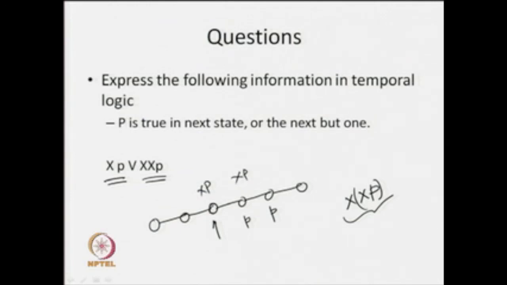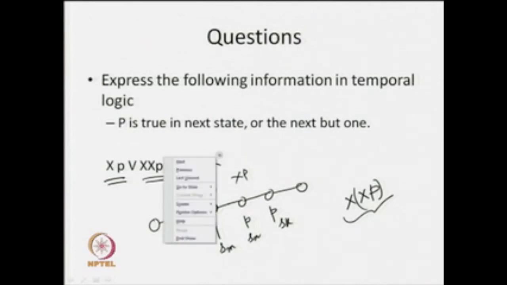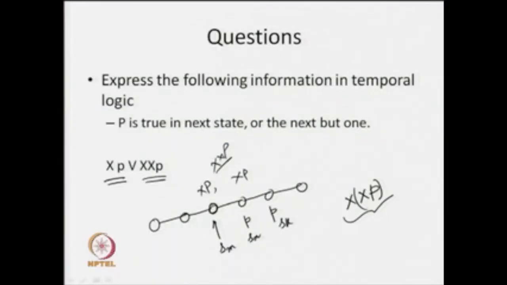If I come to this, I can say that these are your S m, S n and S k. If I come back to S n, then what will happen? You will say the next state p holds, and the next state of the next state also p holds. So here X p also holds in this particular state. So I am having this OR combination, so you can say that X p or X X p holds in this particular state. Similarly, since I am having this X p or X X p, in S n also this particular formula